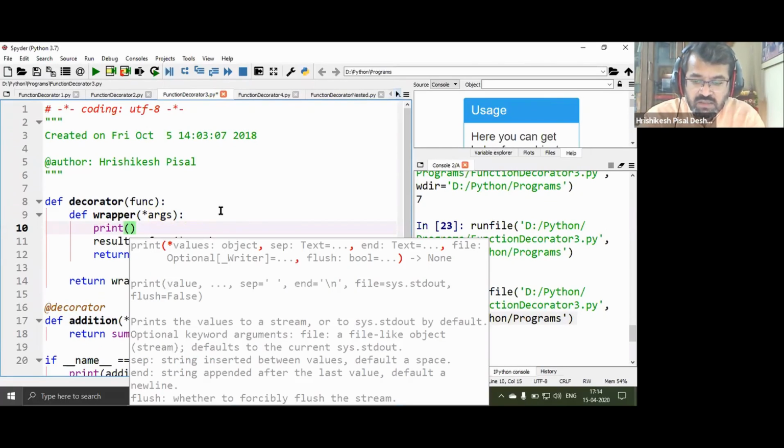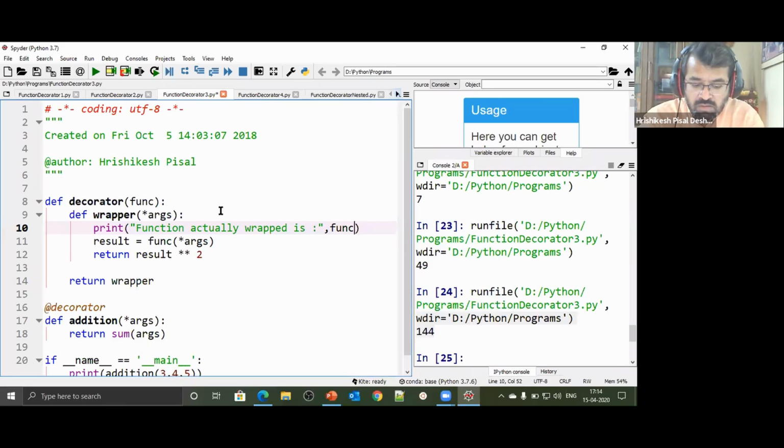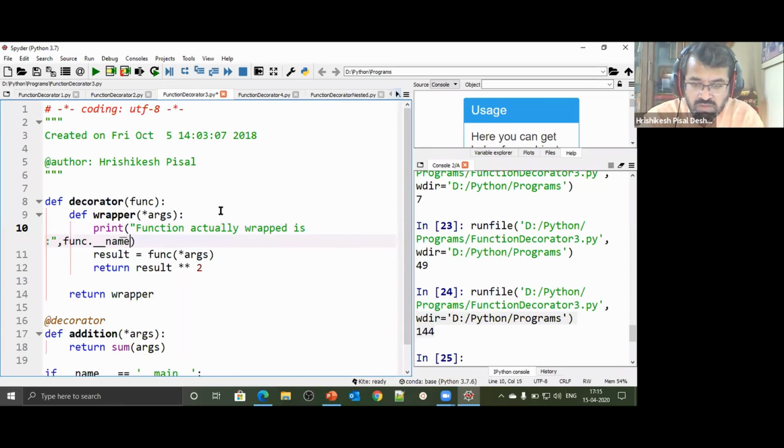I'll say wrapped is, comma, func dot underscore underscore name, the attribute. So we're going to print the name of that particular function, which is the actual function that actually gets called.